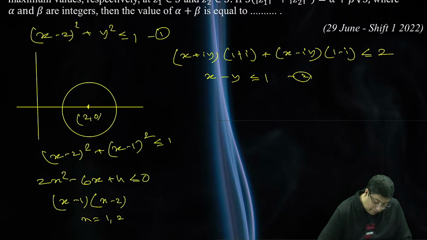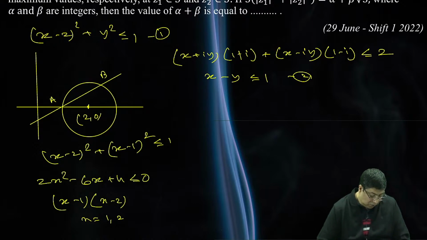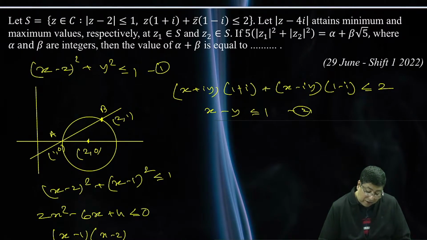If we draw the line, this is suppose point A, this is suppose point B. If x is 1, obviously it is (1, 0). And if we put x = 2 in the line, we get (2, 1). And here we can see that